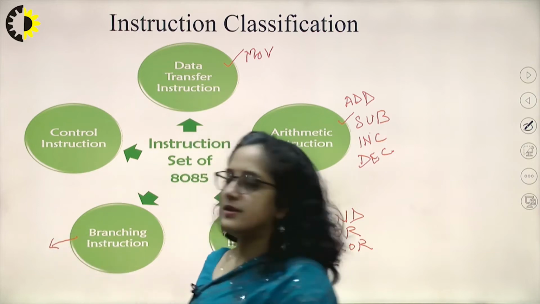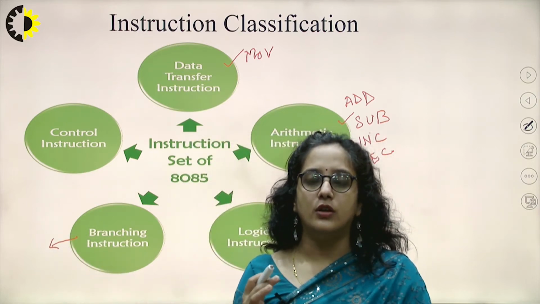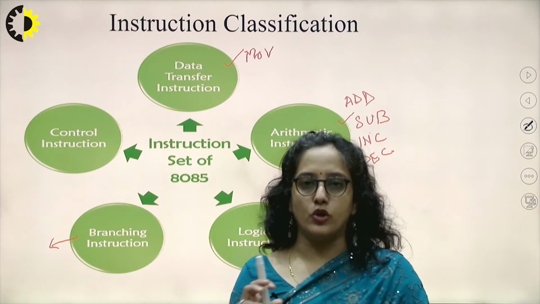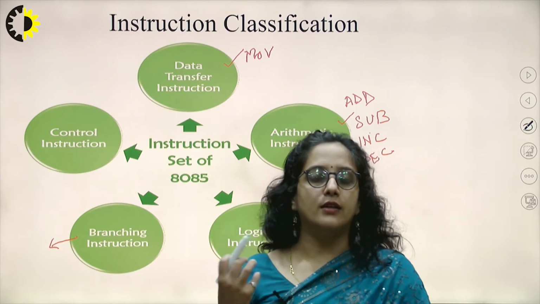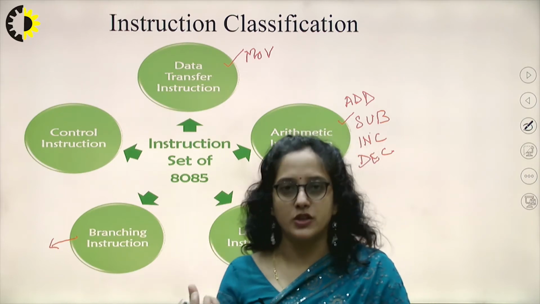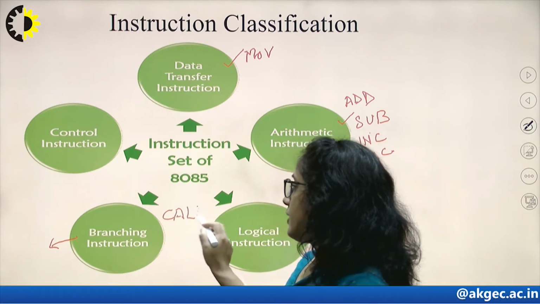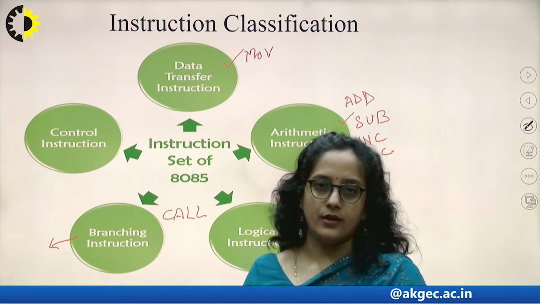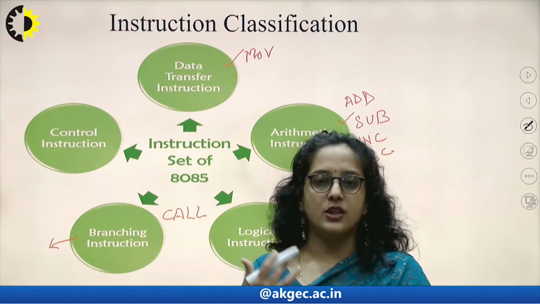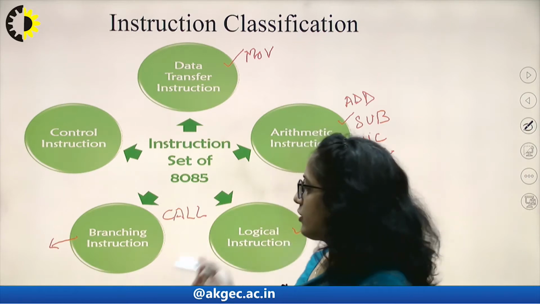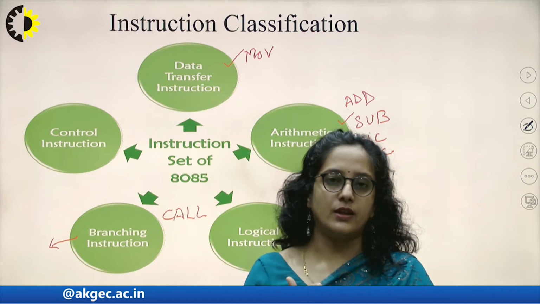This group consists of branching, or we can say if we have to write a program in different small modules, and we have to call that module depending on some situation, we can use an instruction called call. So we can call that particular subroutine, like if we have to perform addition only when some condition is satisfied, then we can call the addition program with the condition that the particular condition is satisfied or not.